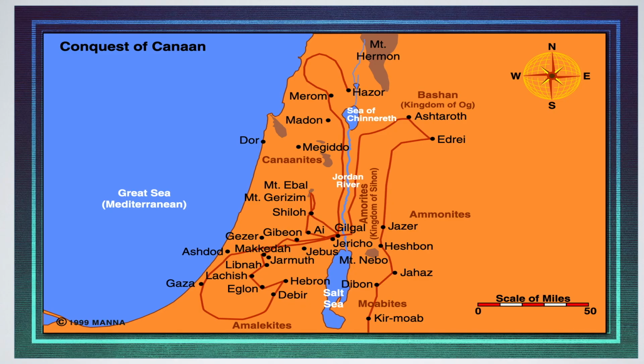Now, how the conquest of the land is going to take place, we'll get into this further, but I just want you to see this. Here they've come up on the east side. You see the names of the cities: Jazer, Ashtaroth, Bashan, kingdom of Og, remember that? And then they came back down. Amorite country, kingdom of Sihon, the Amorite king. And then there's crossing at Jericho, and then of course they take the southern route. They have the southern conquest, and then a central conquest and then a northern conquest.